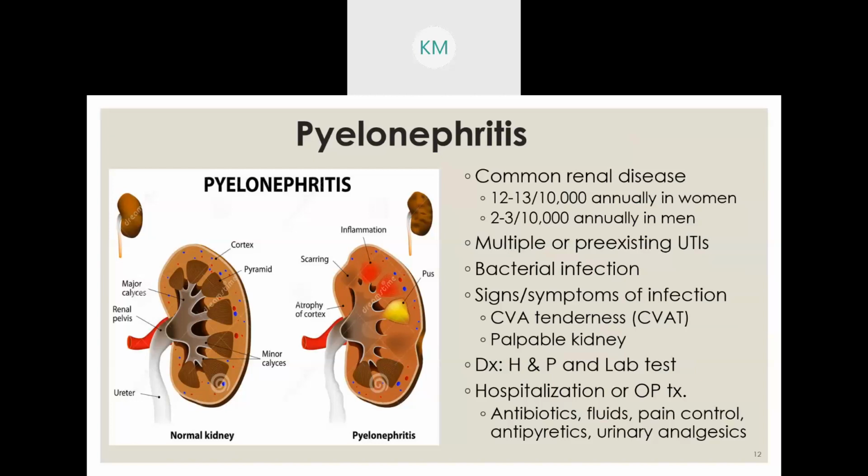Whether hospitalized or treated on an outpatient basis, PO or IV antibiotics will be ordered, usually a broad spectrum, meaning we're covering all kinds of cooties that could be in there. Usually it's Bactrim or Cipro. Fluid therapy, either PO or IV, depending on the severity of the case. It is painful. Normally NSAIDs are given, but in severe cases, narcotics could be prescribed. Antipyretics as well. What's an antipyretic? For fever. Okay. And a urinary analgesic,